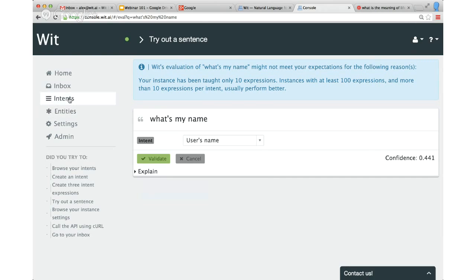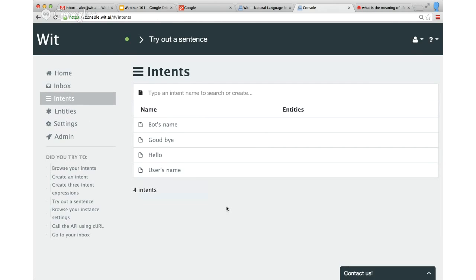So where are we now? We have 4 intents: hello and goodbye, which were provided with the new instance, and bot name and user's name to answer the name question. So that's not a very useful virtual agent. It's time to build something more interesting. So let's say the user wants to set an alarm clock, which is one of the main usages of Apple's Siri, for instance. So people say things like, wake me up at 6 a.m.